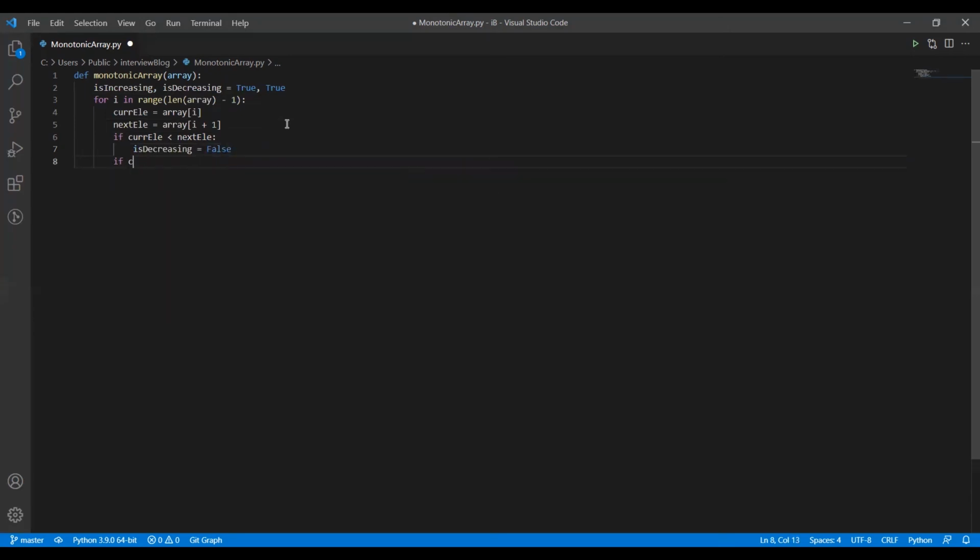And whenever our current element is greater than the next element, it means that the given input array is in decreasing fashion, and we will be updating the is increasing variable to false.